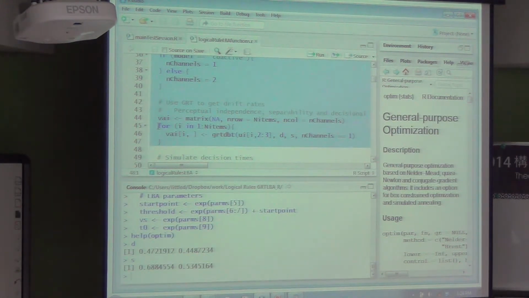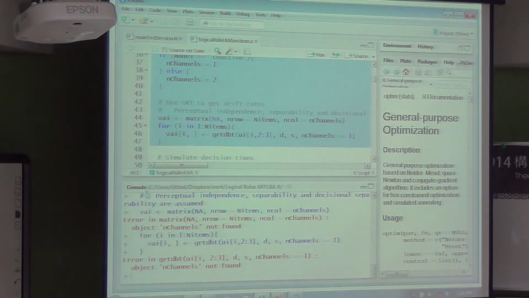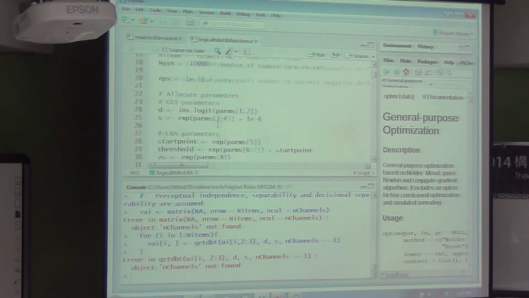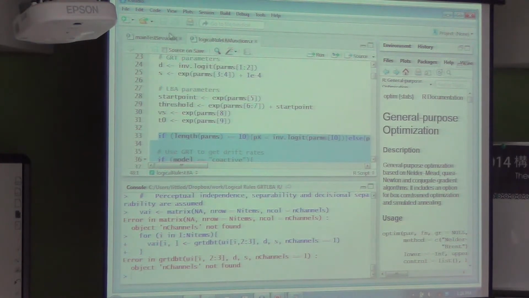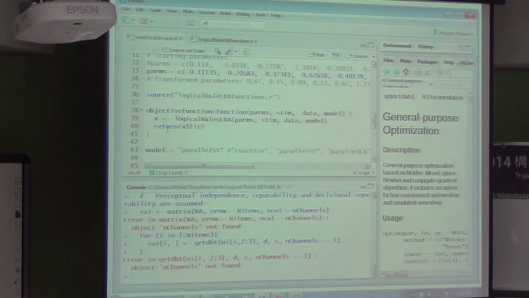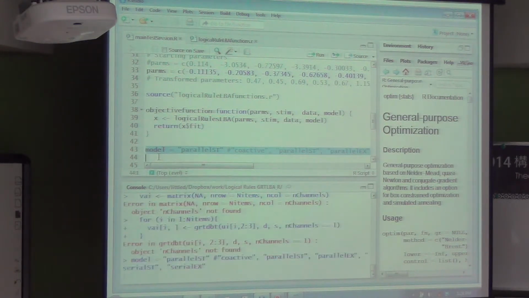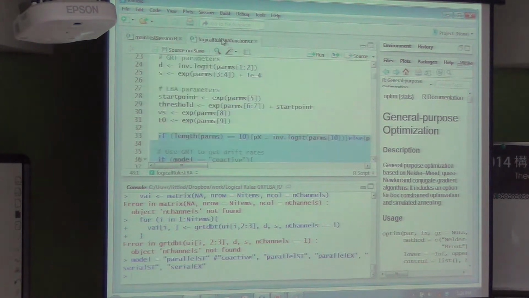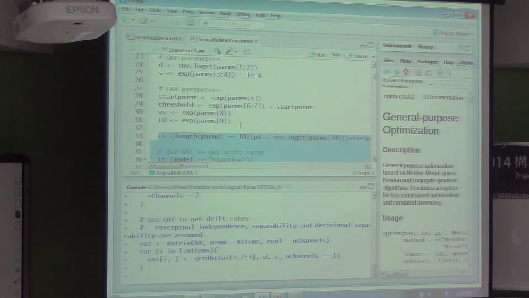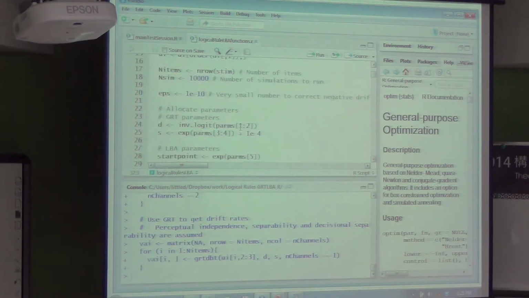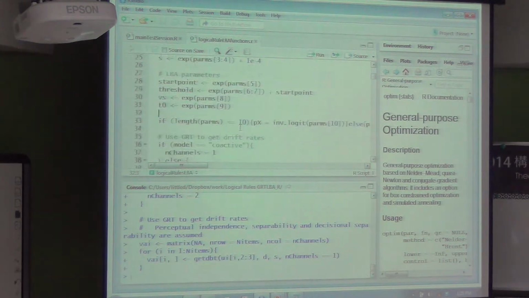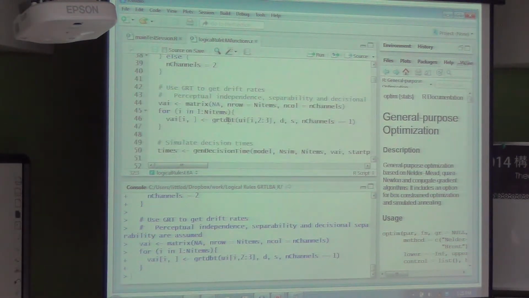I've created a function, but I haven't defined my model yet, so it wasn't able to run that properly. I'm just going to define that now. Okay. So I've created a function called GRT-DBT, which will compute the area under those curves.